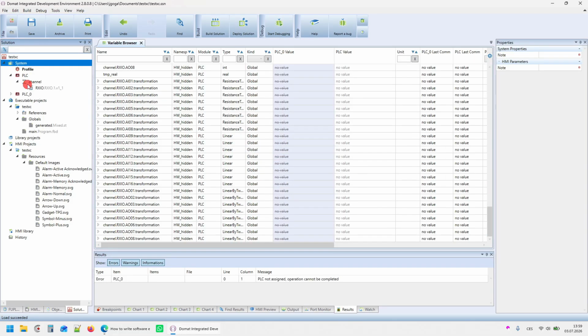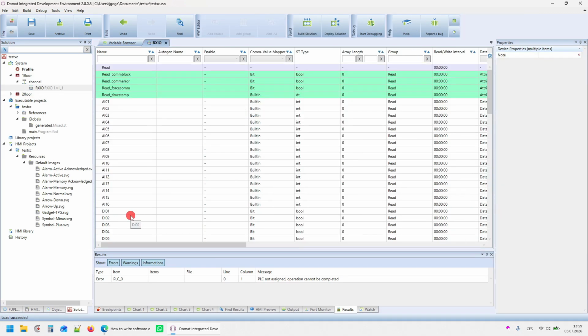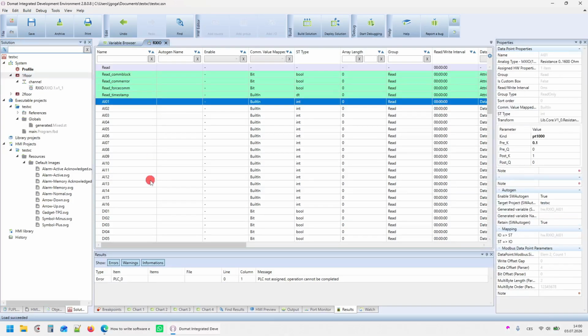Usually, if you have a large building, you can have a PLC for each floor, so you can name them accordingly. For example, like this. So I will name analog input in the first PLC, for example, outside